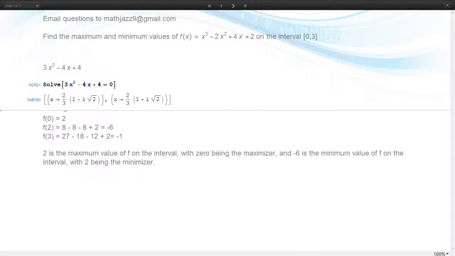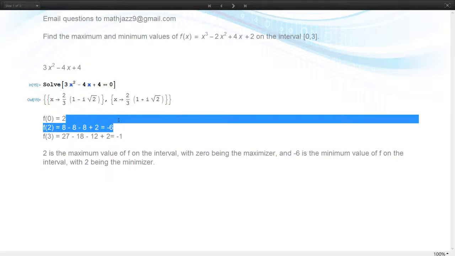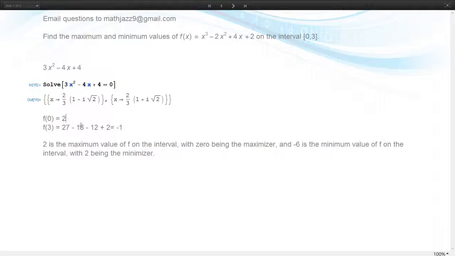And then we plug in 0 into f. This equation, I'm sorry, I grabbed the derivative. I should have plugged 0 into the original equation, the original function. F of 0 will be 2. F of 3 is going to be 27 minus 18 plus 12 plus 2. And we end up with